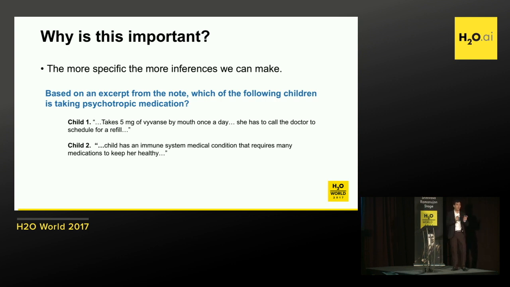And that inference is almost one-to-one, right? There's a one-to-one mapping, knowing even the dosage, that the kid is taking 5 milligrams of Vyvanse, automatically I know it's psychotropic medication. There are some other things that might signal that, right? Whether there are signs of abuse and neglect, whether the kid is paying attention in school or not, whether that kid has been starting fights at school,